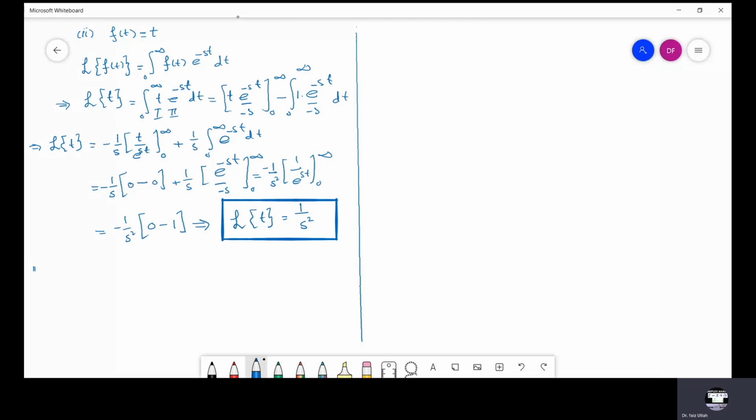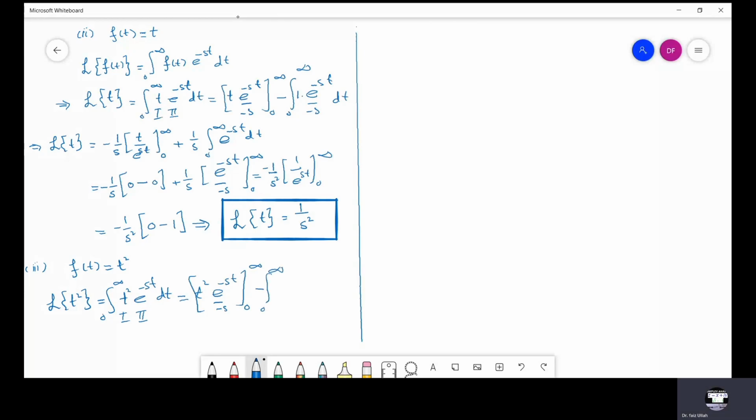Now let us solve part number 3, in which we have to find the Laplace transform of f of t is equal to t square. So using f of t is equal to t square in the basic formula, we have integration from 0 to infinity t square e power minus st dt. Again here we shall use integration by parts. So we have first function into integration of the second function, and the limits are from 0 to infinity, minus integration